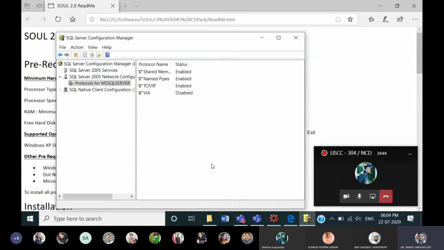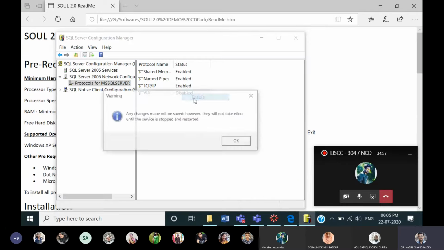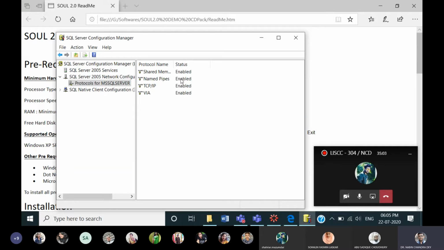Select this. Can you see? Shared memory is enabled, named pipes is enabled, TCP/IP is enabled, VIA is disabled. You have to right click it and enable it. Any changes made will require a stop and restart. It is enabled, you see. Now everything is enabled here.